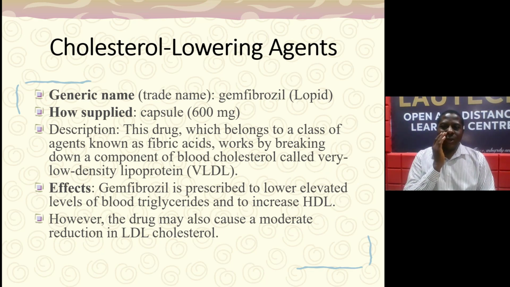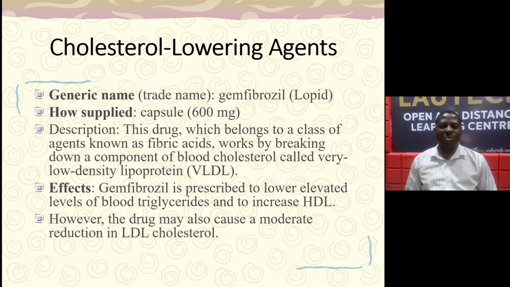So still on cholesterol lowering agent. Another example is gemfibrozil, that is Lopid, and this is being supplied in capsule form of 600 milligram. Description: this drug, which belongs to a class of agent known as fibric acid, works by breaking down a component of blood cholesterol called very low density lipoprotein, VLDL, and the effect is that gemfibrozil is prescribed